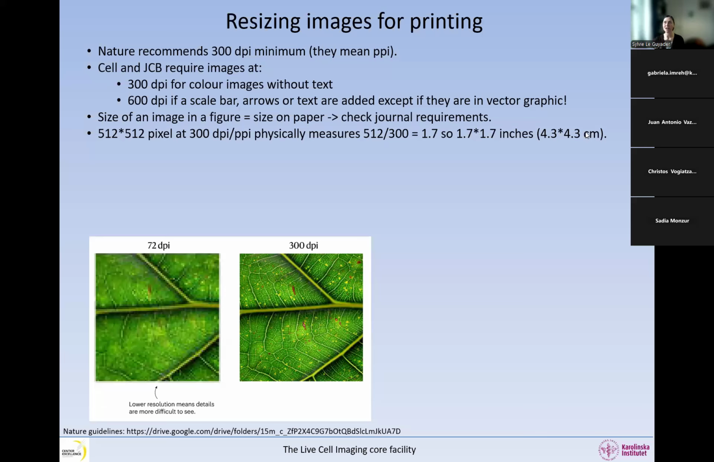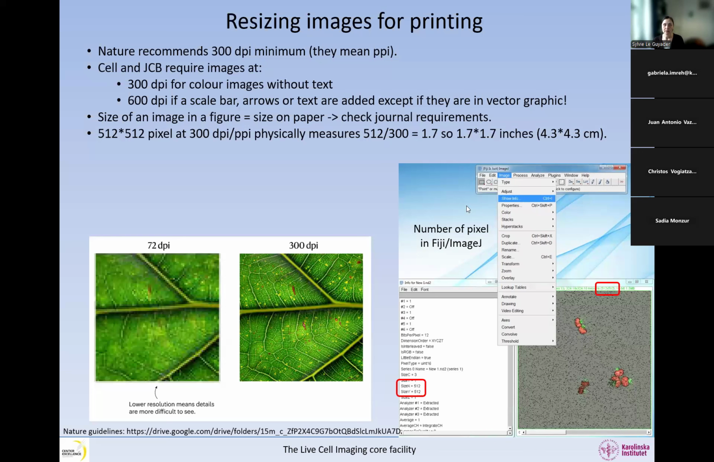Okay, so we have an image, and it's going to be inside a figure, which will be in one column, right? If we want to look at the size of the image in Fiji, we can press Control I, and we see here 512 by 512. We can also see this at the top of the image. If the image has the scale bar and it's not in vector graphic, then 600 dpi is recommended, and in that case, this image will become 2.17 centimeters by 2.17. It will be very small. Okay, so